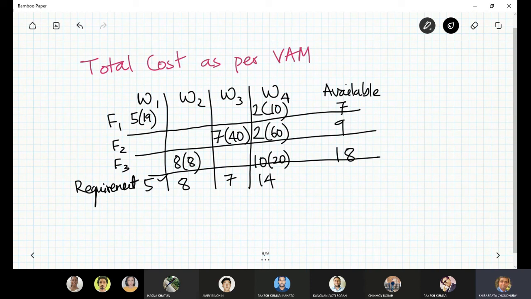5 matching, 8 matching, 7 matching, 2 plus 2 plus 10, 14 matching. 5 plus 2, 7, 7 plus 2, 9, 8 plus 10, 18. Okay, and this total will also be 30. Isn't it? So now we find the total cost equal to...